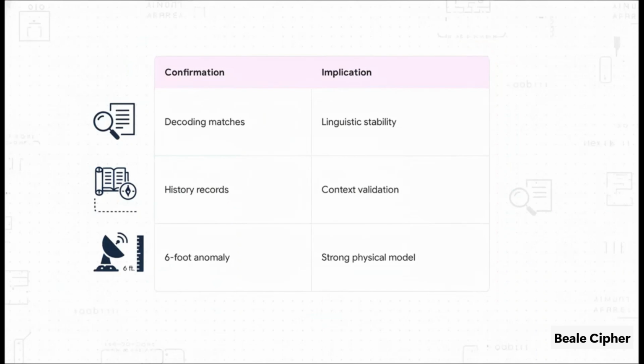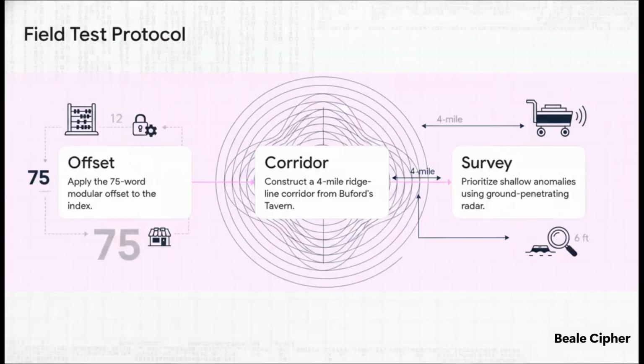Conversely, the hypothesis gains massive credibility through repeatable confirmation. If independent researchers run the numbers and reproduce the exact same B1 survey fragment, linguistic stability is proven. If historical land records verify the Beaufort Ridge alignment, the context is validated. And most excitingly, if non-invasive ground surveys detect an anomaly at exactly 6 feet down along that ridge, the physical model becomes incredibly strong. Because this model is actually grounded in real-world data, we can outline a modern field test